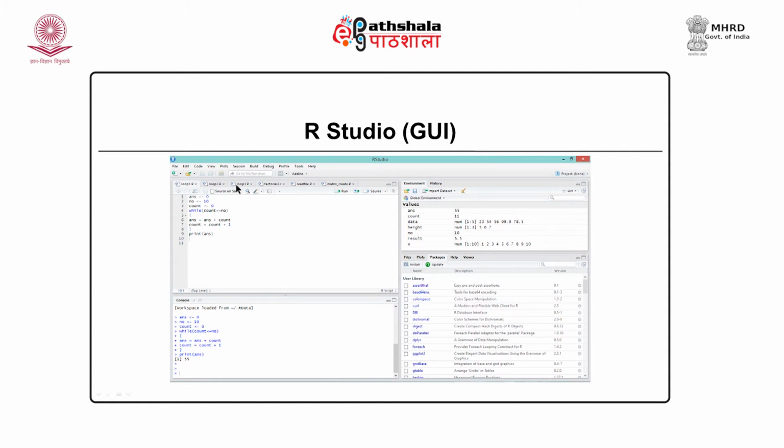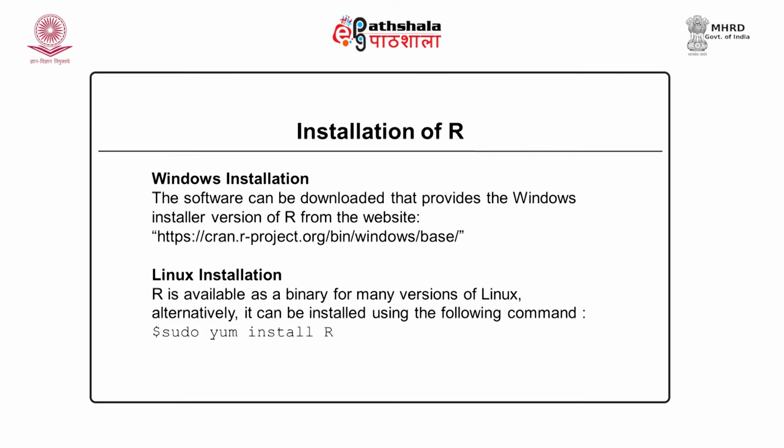So, friends, this is a sample of R Studio. It is a graphical user interface. A programmer can handle different programs. It shows some interactivity through these variables, and we can also see different plots through this window. So, R provides a command line interface and it also provides a graphical user interface. Now, let us move on to the next screen.